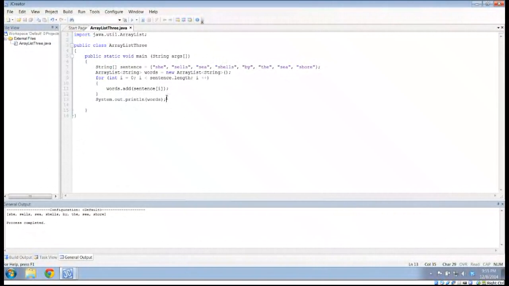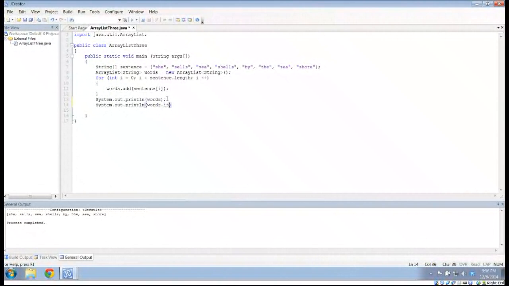But I want to talk about a few ArrayList methods that really tell us something about the state of this. So I could do System.out.println